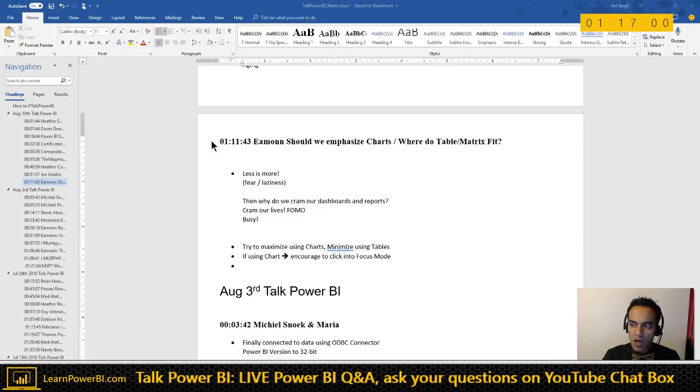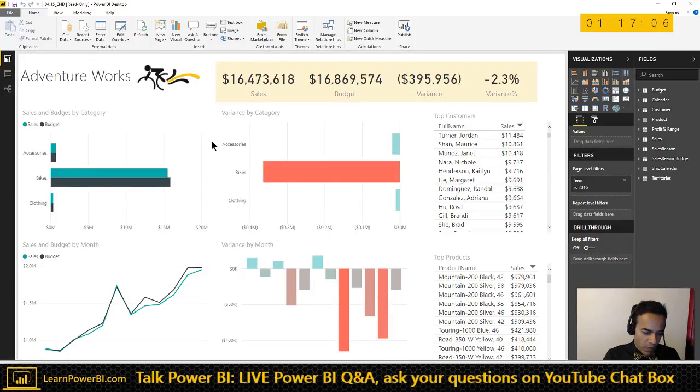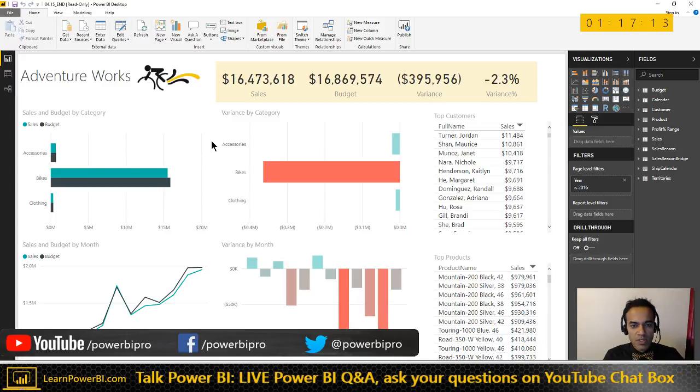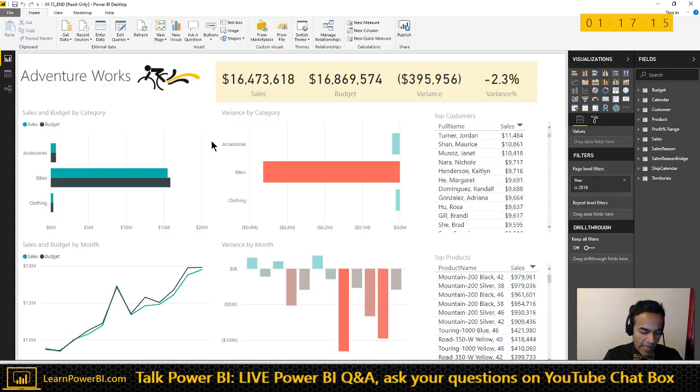But then of course he talks about the right visual for the right need. And I think when you need a table and matrix, you cannot replace them. And of course they give you that absolute value. So you have to decide when that absolute value is needed. And